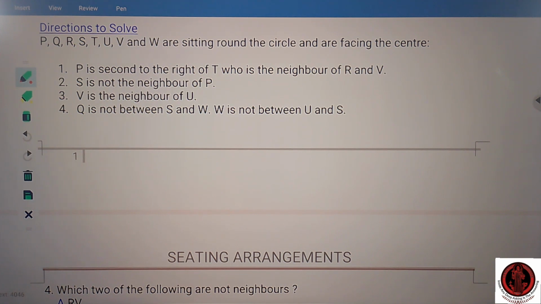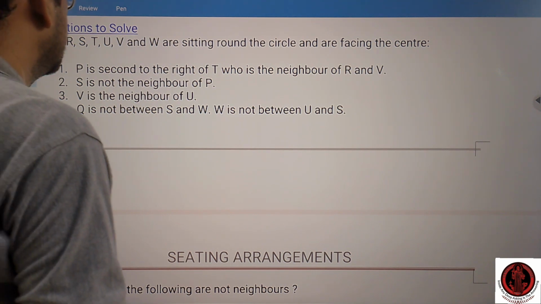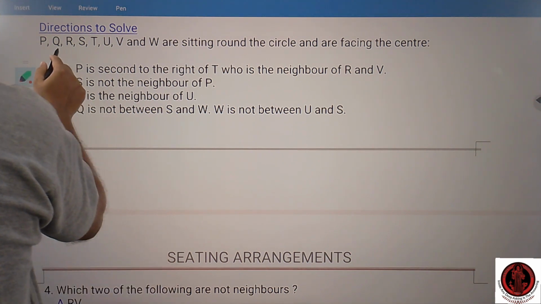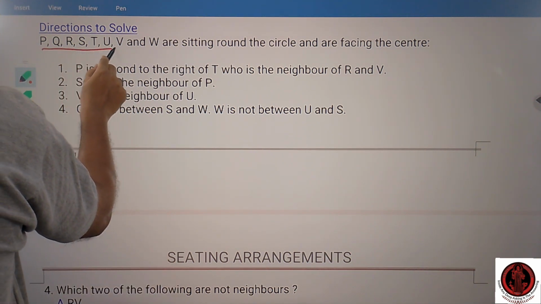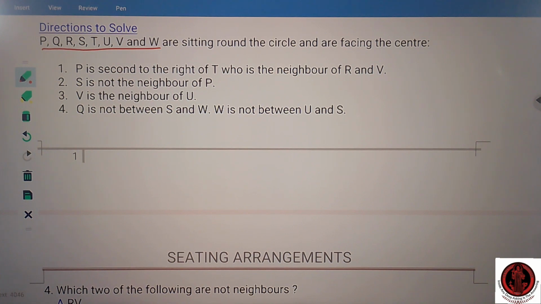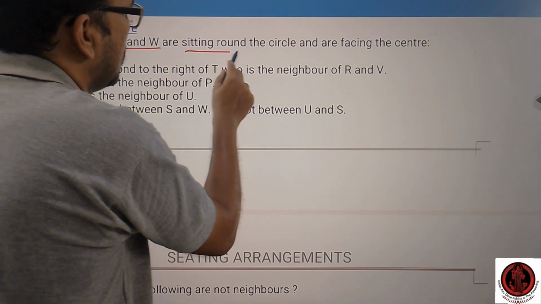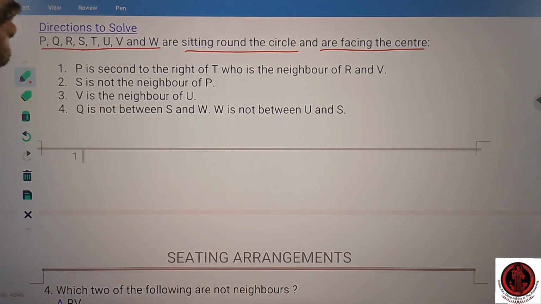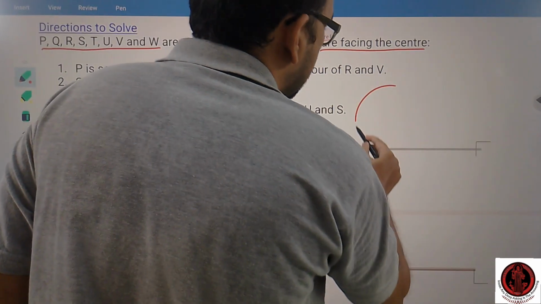Now the next one. P, Q, R, S, T, U, V, W. How many? 8. 8 persons are there, sitting round the circle and facing the center. Now in case of circular sitting arrangement,